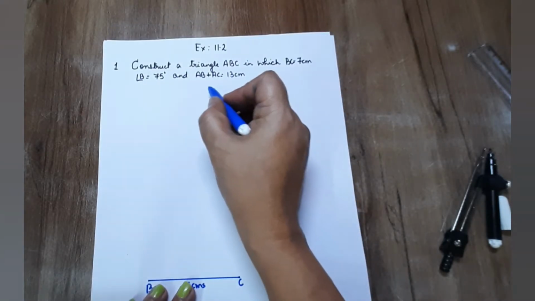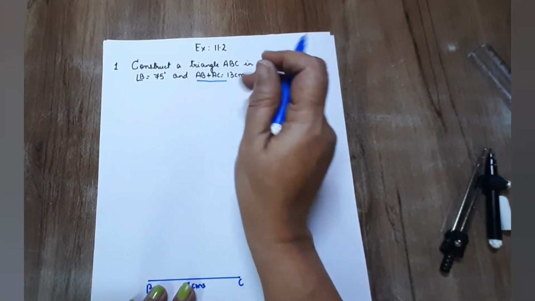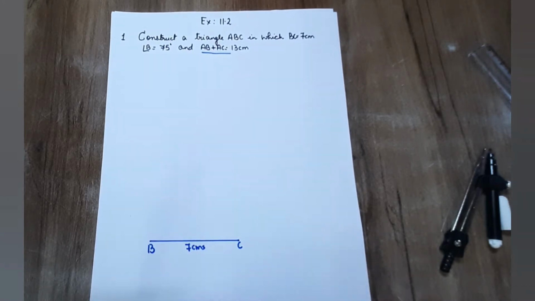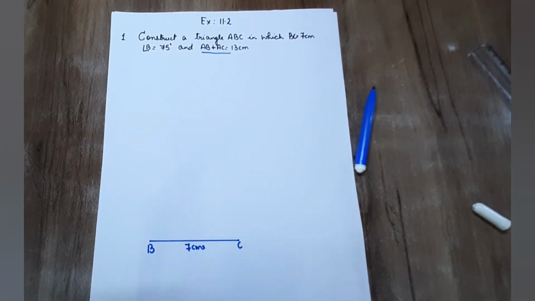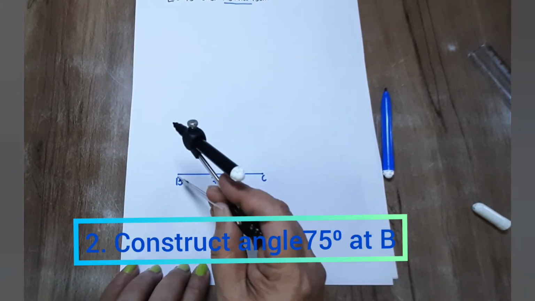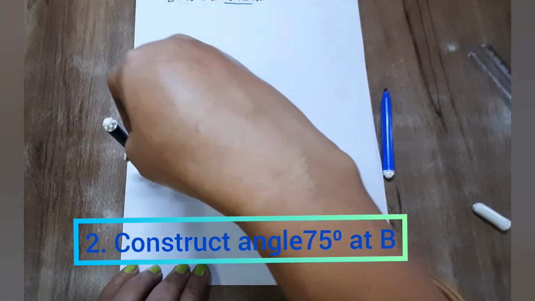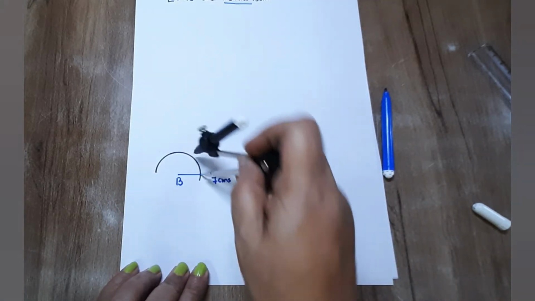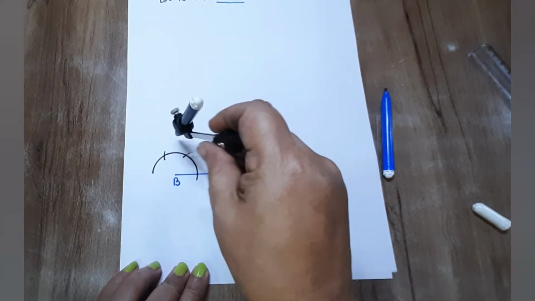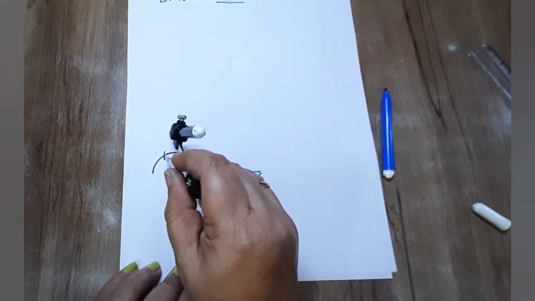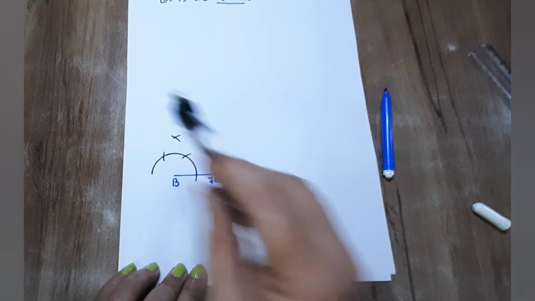So whenever it is addition, you need not worry, there is only a single method to draw it. So first we will construct 75. 75 will be here. Arc. First cut 60 degree. Second cut is 120. From here, top cut. I hope all know this one.